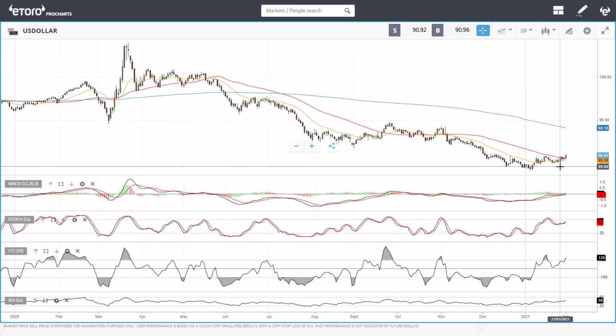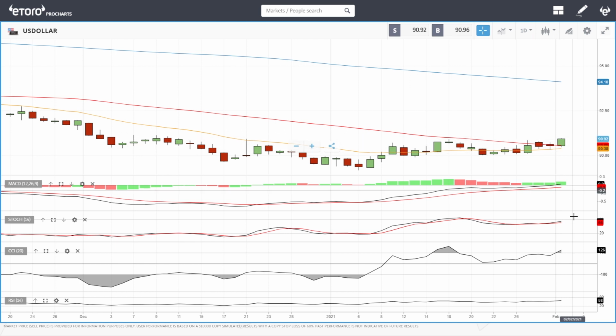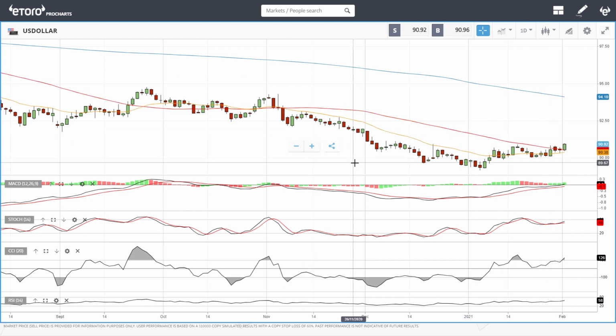So we'll start by looking at the US dollar, and as you can see, we have rallied above the 50 moving average. Technical indicators are looking very bullish at this point, and we are most likely going to see the 20 exponential moving average crossing the 50 moving average, and this is quite a bullish sign, to be fairly honest. We can also see that the MACD is crossing over at 0 here, going into bullish territory. The same goes for the stochastic, and also the CCI is crossing over at 100. So all indicators are pointing to higher levels in the US dollar index.